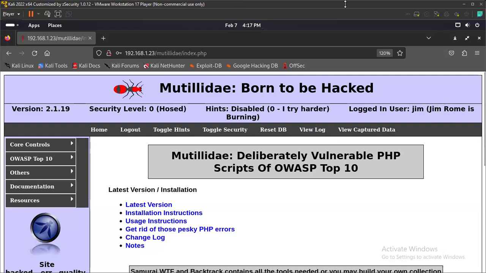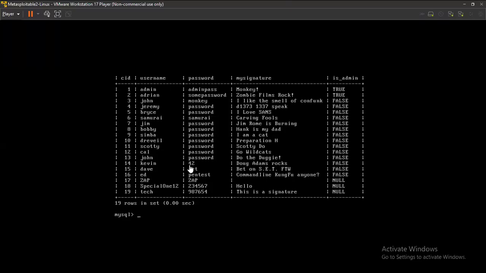So once you're able to get this database as a hacker, you can do whatever you want. So here you can see we know who is the admin and who is not admin. So here Adrian is an admin, his password is some password, and he's admin true. So you can log in as